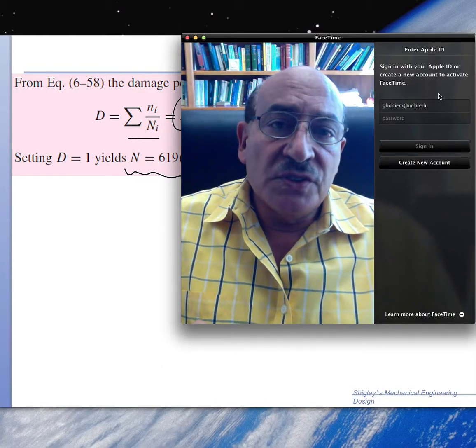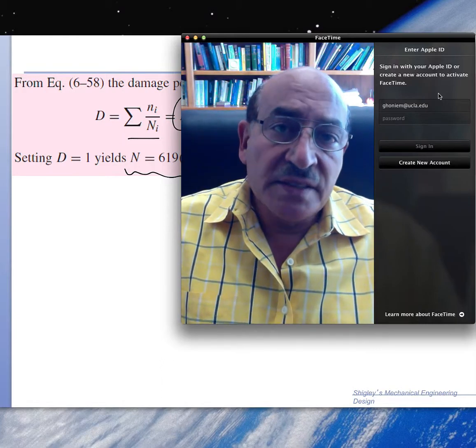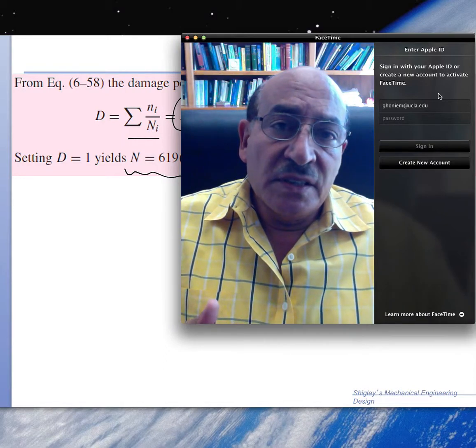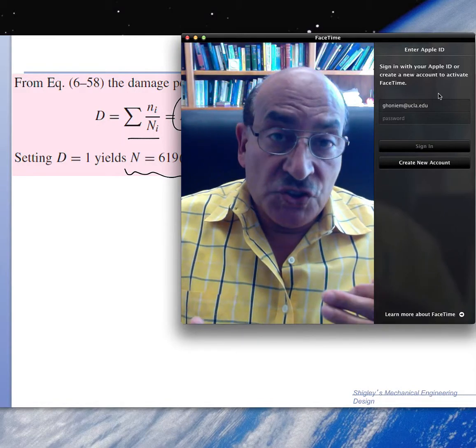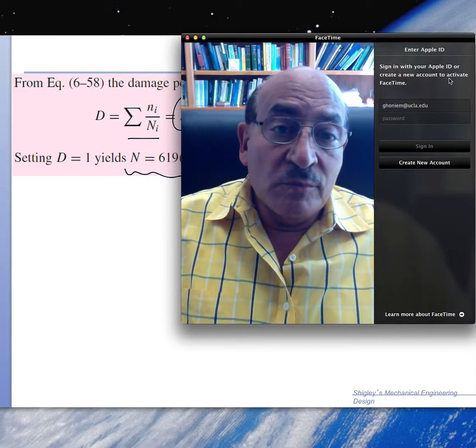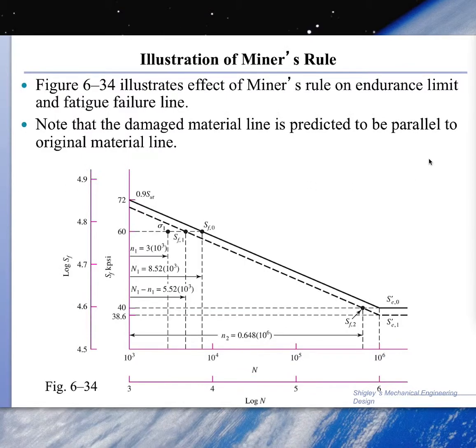modifications we will have to do if we want, in fact, to correct for a certain amount of damage that occurs to the material, so we can change the SN relationship if we go from one block to another. So that's the next step. So if we go here, we illustrate Miner's rule. So Miner's rule, let's say that the